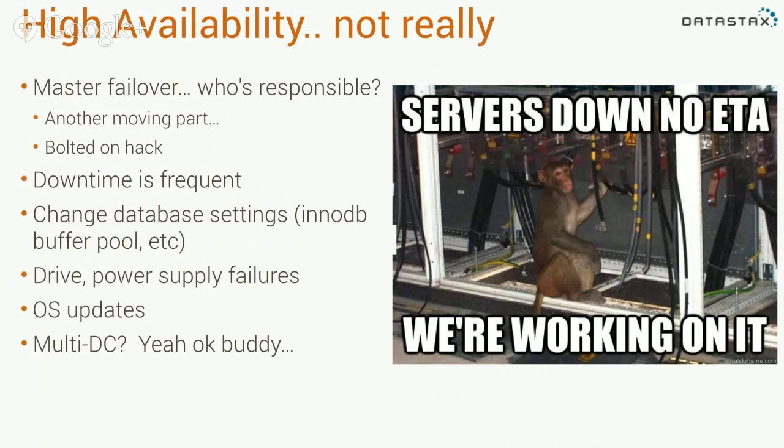The other thing that becomes problematic is high availability, and the reason for this is because your system is now very complex. You have this master-slave setup. Who's responsible to promote one of the slaves to a master in the case of a slave dying? What happens to all the data in that replication log that didn't get streamed over? Did you just lose 30 seconds of data? That's a problem. And effectively, it's a bolted-on hack.